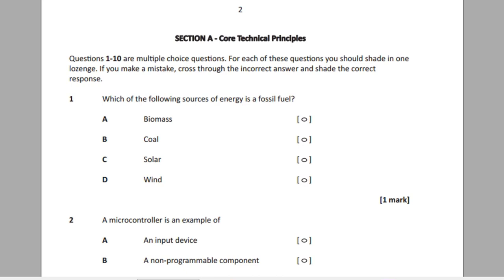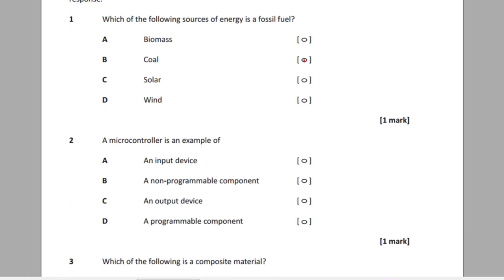So the only answer is coal, which is made from dead plants and animals over millions of years ago, which forms underneath the earth under great pressure and heat to create a fossil fuel. Okay, so fossil fuels are things like coal and gas and also crude oil. So the answer is coal in this particular situation. Okay, so now let's go to question 2.